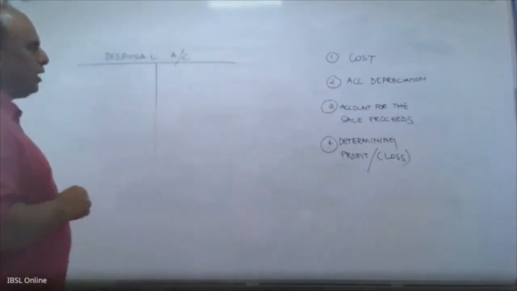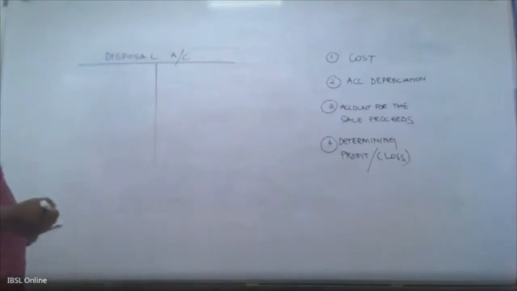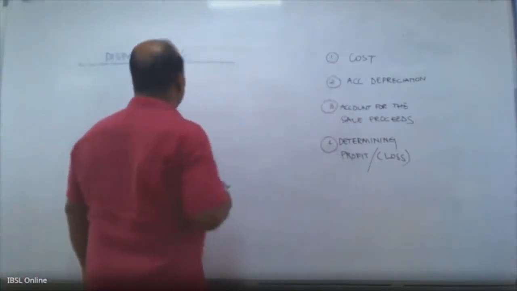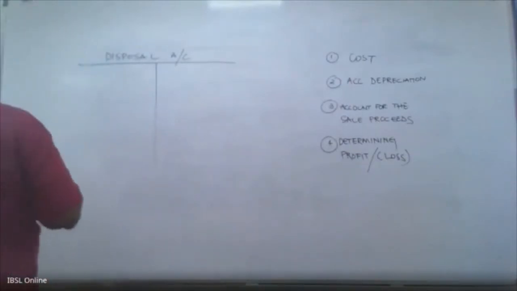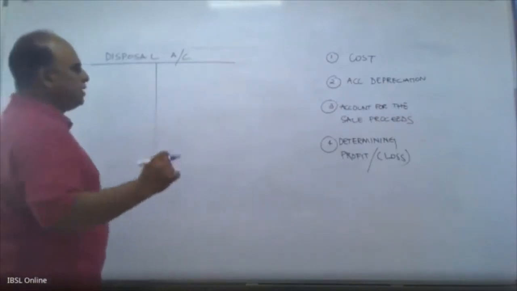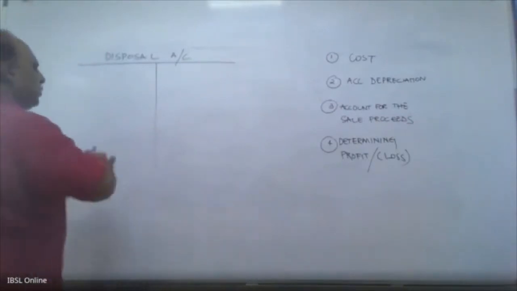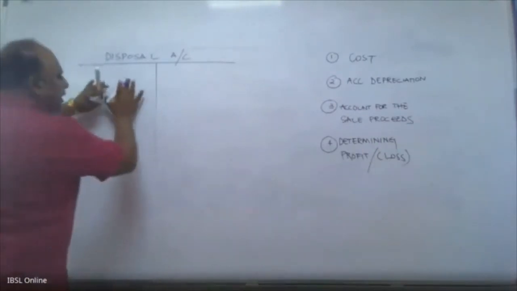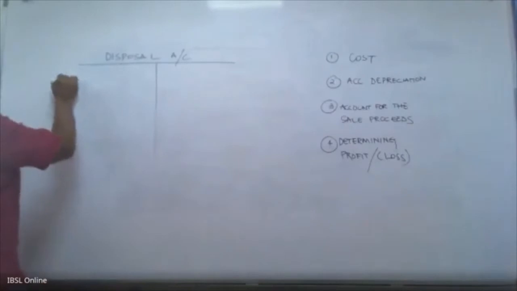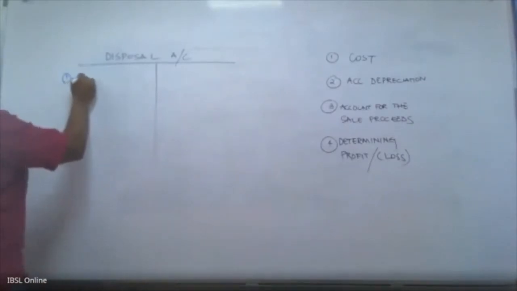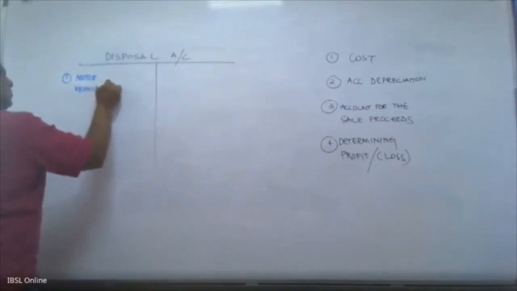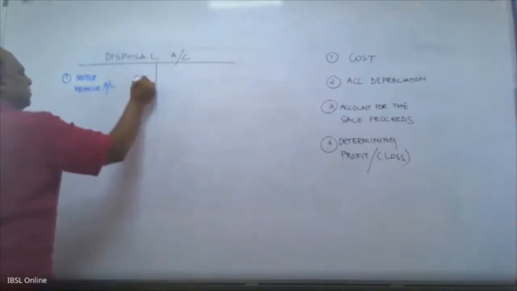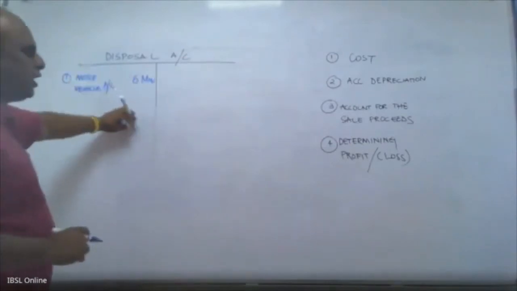Okay. So what is the first step? Removing the cost. Removing the cost means now you have your asset which is having a debit balance. So you will have to remove that cost now, which is 6 million. So what do you do? You remove it from your asset account and bring it to the disposal account. So here, step 1, your motor vehicle account, I have to write the reverse of that account. So your motor vehicle account will be 6 million. Debit disposal account, credit your motor vehicle account.